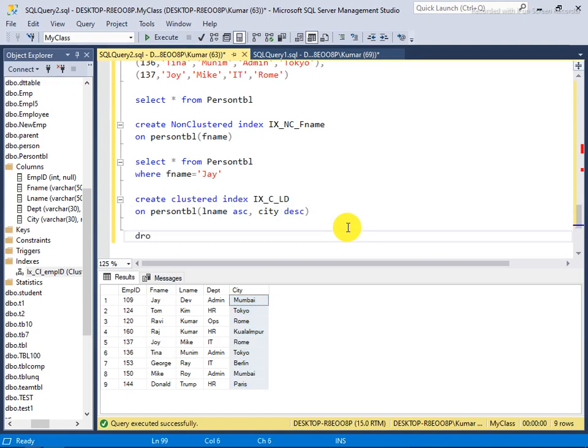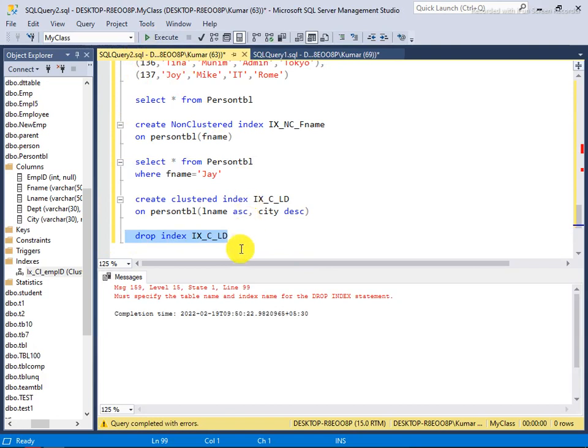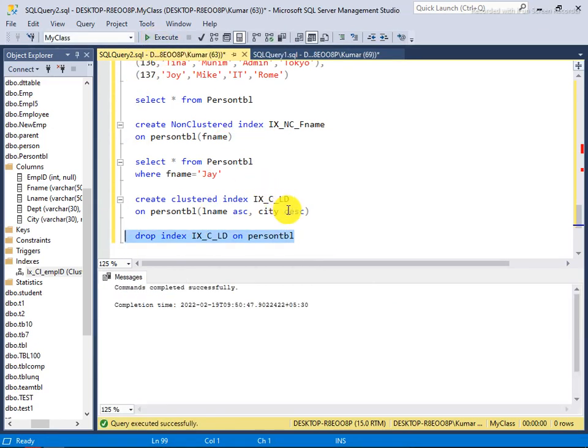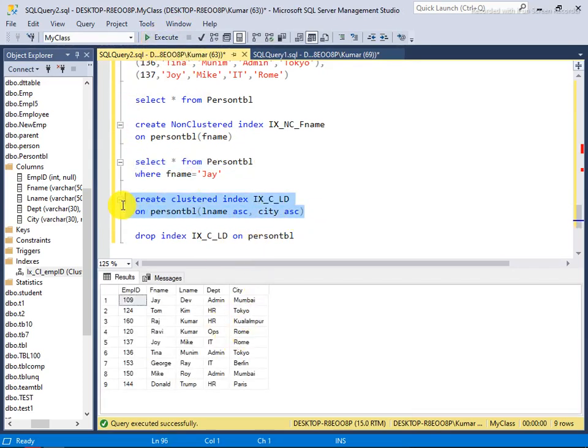So I say drop index, name of the index, and I run this. I drop it, I again make it ascending, and now the index has been dropped, and now I create an index over here.